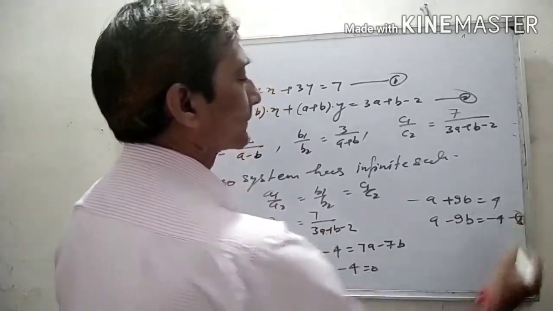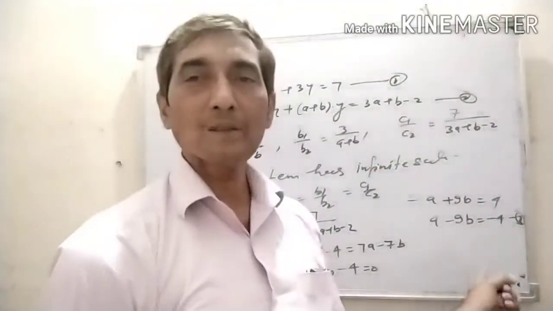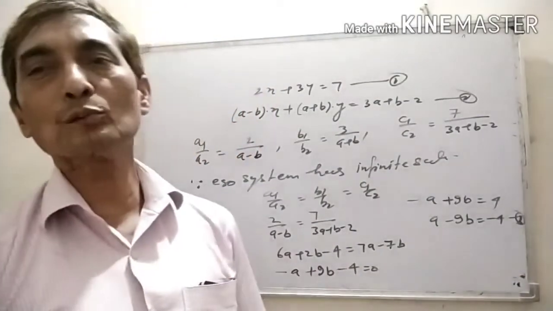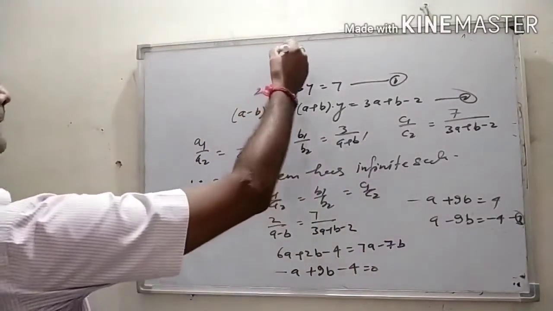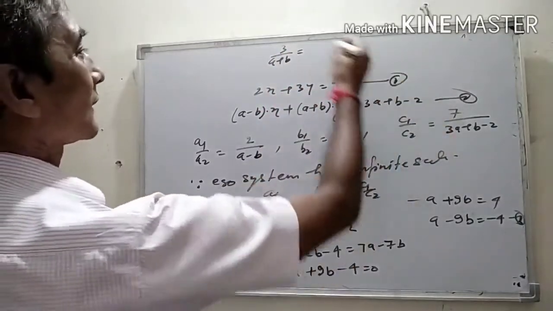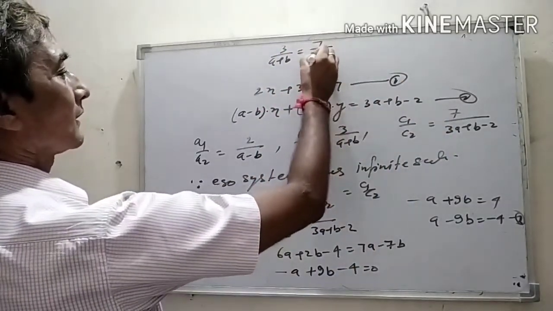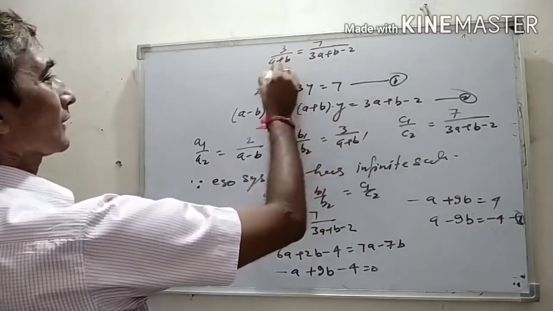Equation number 3rd. This is an equation in the variables a and b, and our target is also to find the values of a and b. So, if 3 upon a plus b equal to 7 upon 3a plus b minus 2, by cross multiply